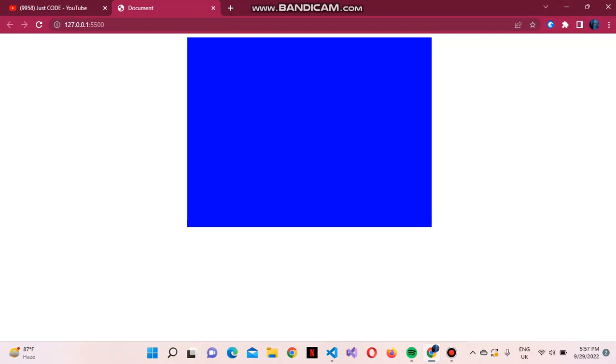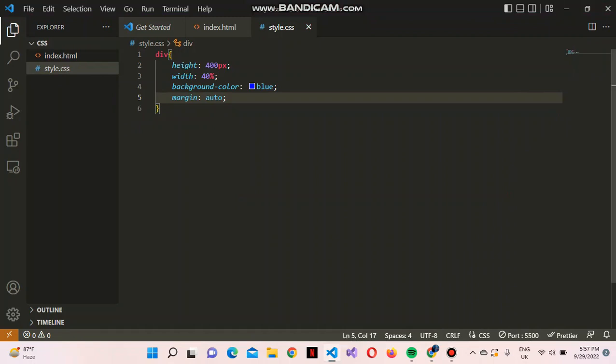So this is the easiest way to center a div, and for the beginner programmers who are learning CSS, who just started learning CSS and HTML, they find it difficult to center a div. So this is the most easiest way to center a div. Let's resize